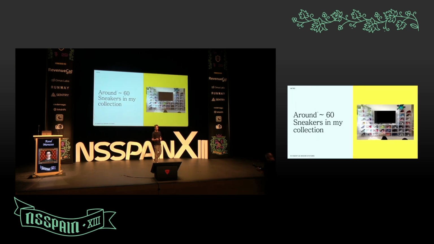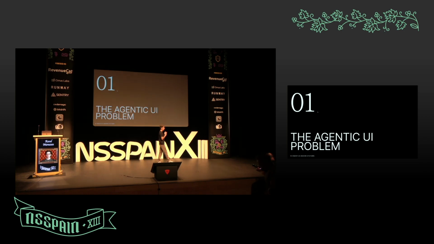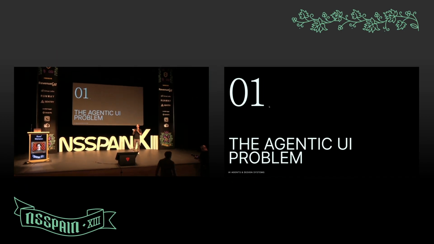So what I'm going to show here is how you can build better UI using AI and using whatever you have in-house already. I structured this presentation in small sections, so it's easy to follow because there's a lot of content. The first one that I want to go with is the agent UI problem. And beforehand, I have a couple of screenshots. If you are one of the screenshots, I'm sorry. I'm not criticizing anything, but I just want to prove a point.